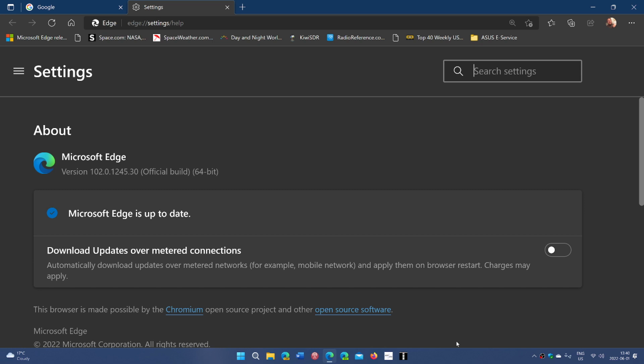So Microsoft Edge 102, and we're going to talk about Microsoft Edge again in the next video as we have new numbers for the market share and all of that. So at least for the security updates, just to make sure that you update, pretty much the same security updates